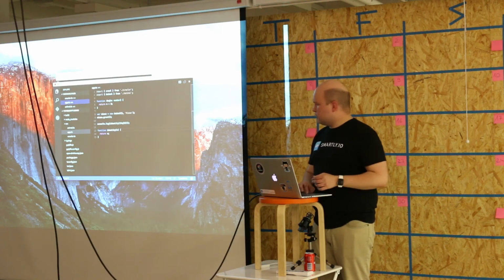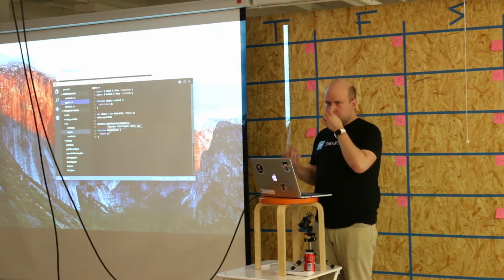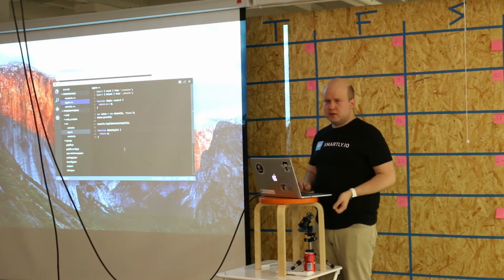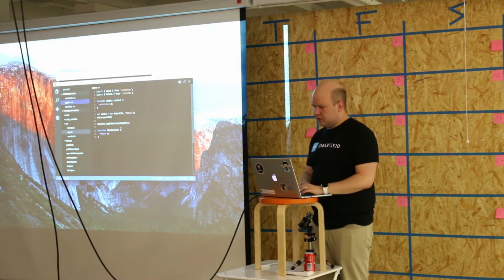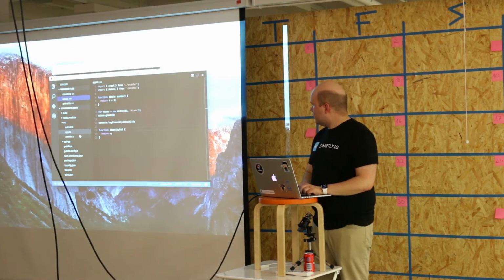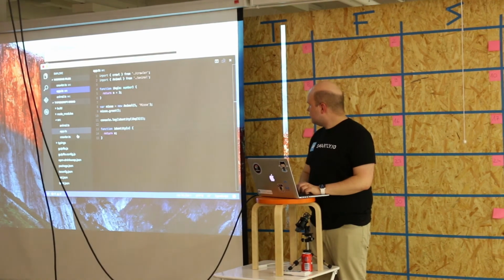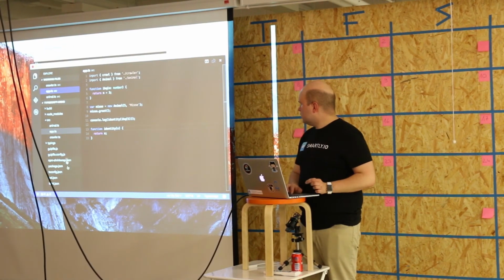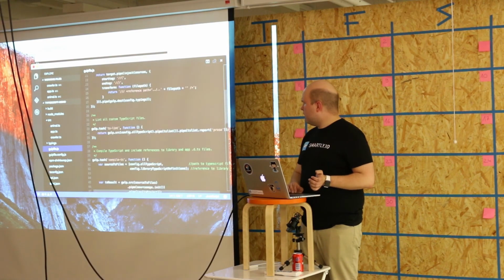I'm using Visual Studio Code here, so it works on all platforms. I don't normally use it, but just for the sake of showing some of the cool things. All right, I have a pretty basic Gulp file, so